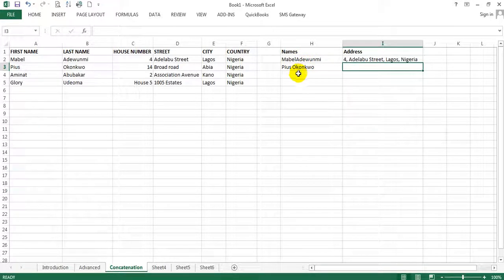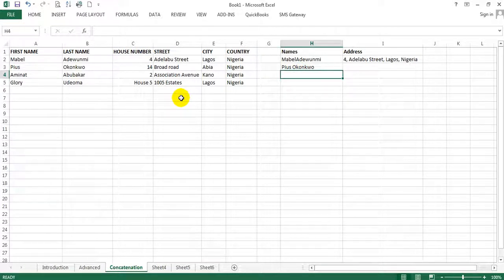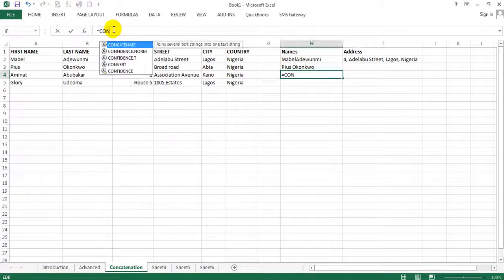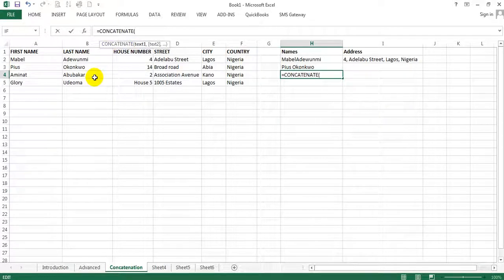Let's assume for our next row, Aminat Abubakar, I want to still do the same thing, but this time around we can use the wizard, the formula wizard. It's in every version of Excel you make use of. First is to insert our equals to sign to tell Excel we are making use of a formula, and then I go to my concatenate. I simply type CON, concatenate comes up, I double click it to call it up. Here I click on the insert function. This works like a wizard, and when I click on it,